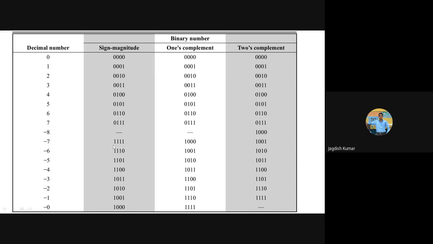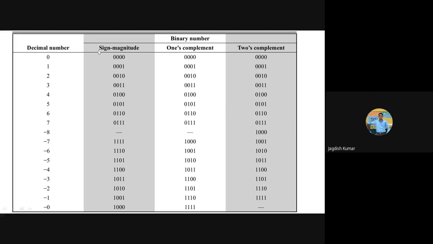So how do they take care of negative numbers? If somebody asks you to represent 6, that is just the conventional rule. You divide 6 by 2, write down the remainder, again divide the remaining quotient by 2, again write the remainder, and so on. That is how you can get it easily. Now if somebody asks you to write down -6, you have to first write down 6. Then you should ask, how to write down -6? I mean, which particular representation should I follow?